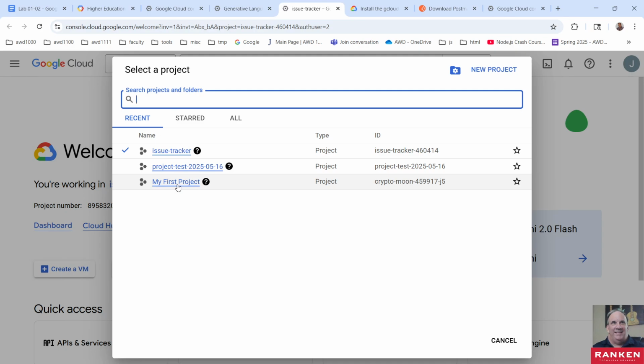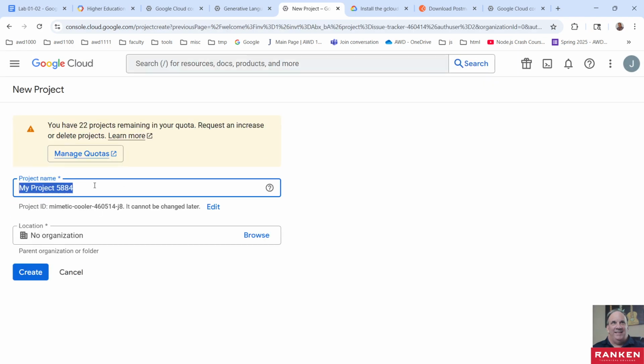Unless you've done other things in Google Cloud, you could possibly have a bunch of projects. But if not, by default they give you something like "My First Project." This one's Crypto Moon. But go ahead and create a new project. And obviously you can call this whatever you want, but I would do something that's relevant to